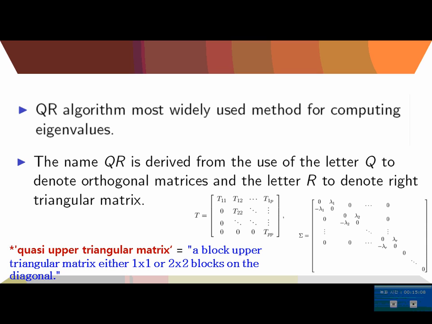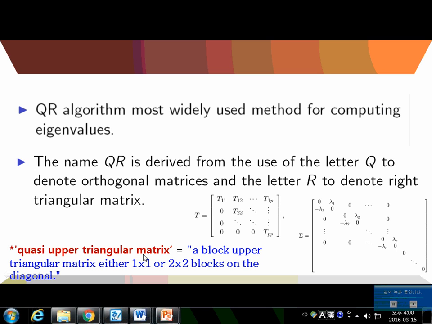Also, if you have a complex solution, then the conjugate of that complex number is also a solution of the polynomial. This comes from the fundamental theorem of algebra. So this QR algorithm really works to converge to this quasi upper triangular matrix whose main diagonal blocks are